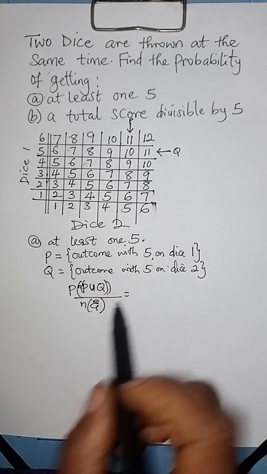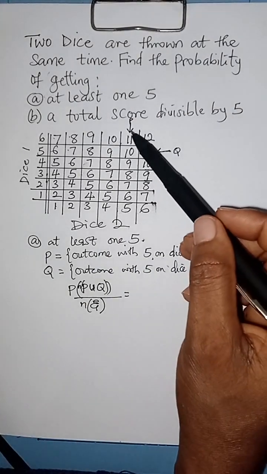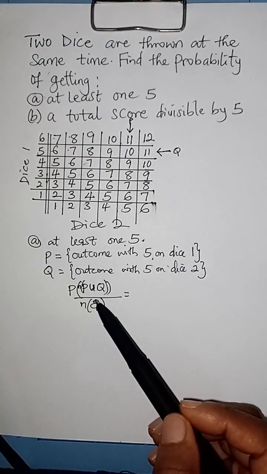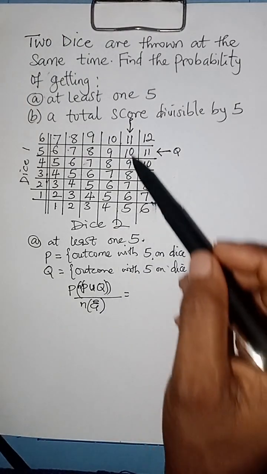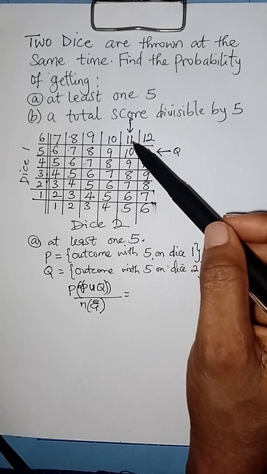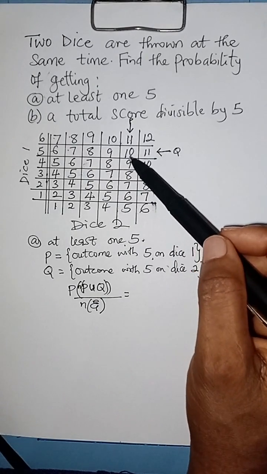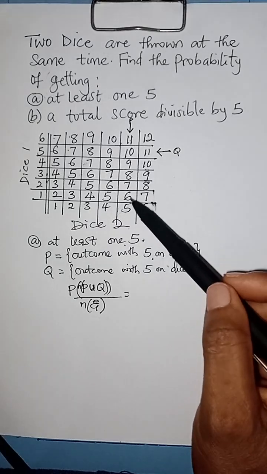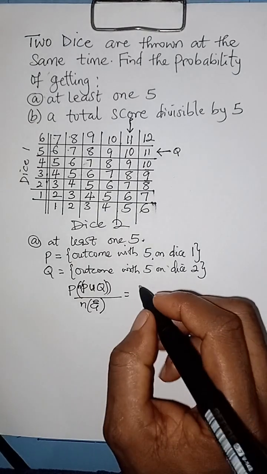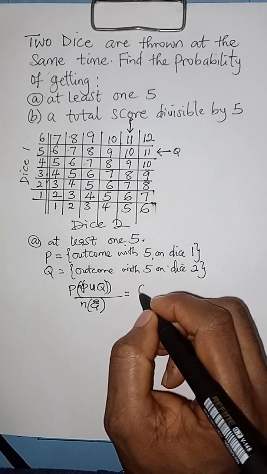This is the probability of obtaining 5 on die 1, which is P. Let's count. 1, 2, 3, 4, 5, 6. So it's going to be 6